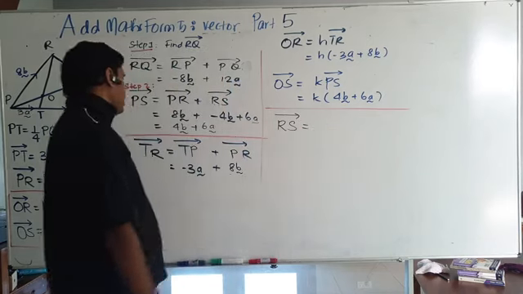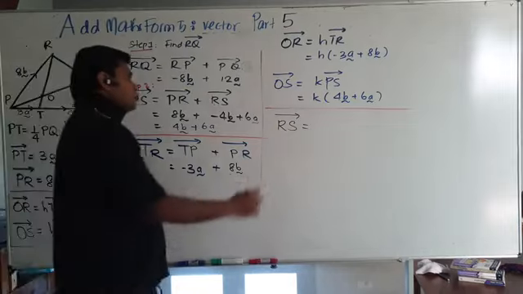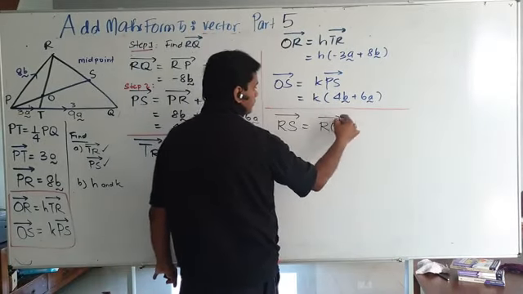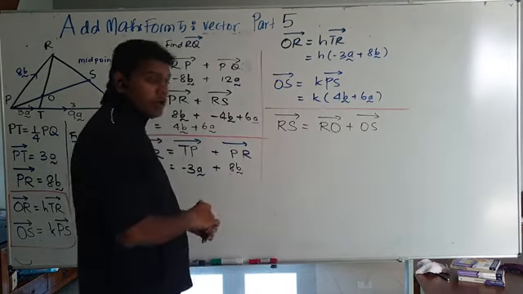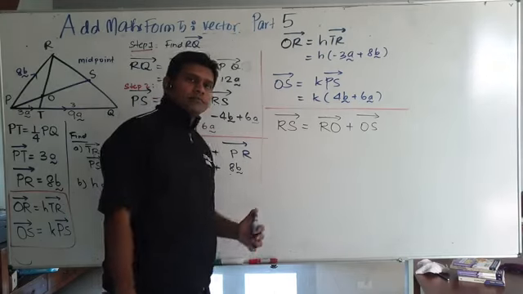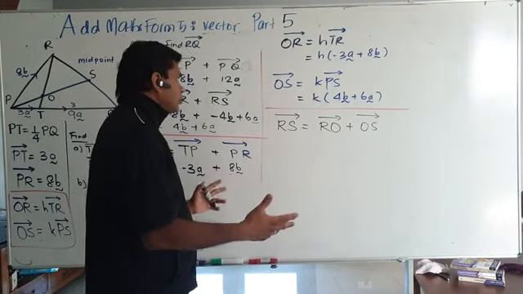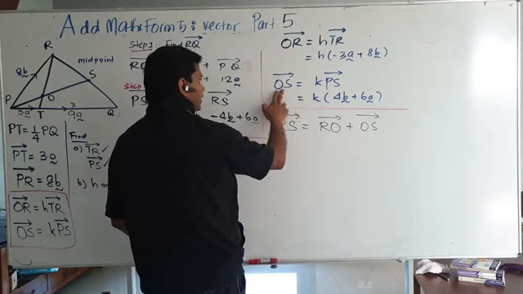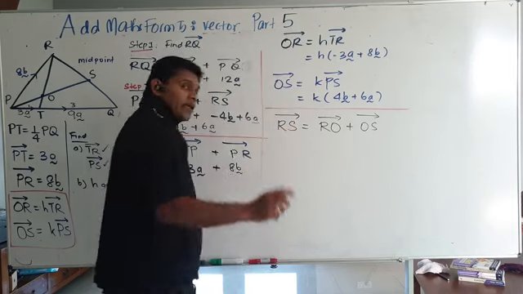You can use SR or RS. So let's choose RS. RS means it should be RO plus OS. So this is what's not given, and this is where you're supposed to figure out. Most students will not be able to figure it out, they'll be thinking, well, how to do this, but it's very simple. Look at the same letter. The same letter will always get cancelled. So what remains, that's what you create as equation.